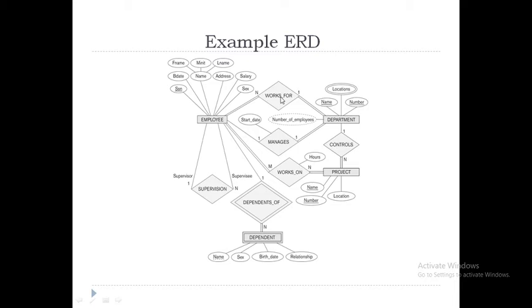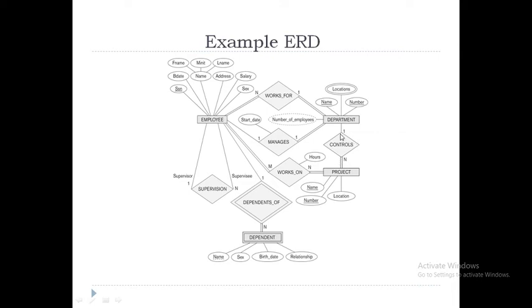Now after mapping, what will we get? Just see which participating entity type is at n side. So employee is participating in this works for relationship and it is at n side. So what do we have to do here? We have to take the primary key of the relation, which here means the entity type, which is at one side, and that should be added to the employee relation. Okay. So department number should be added to employee relation.